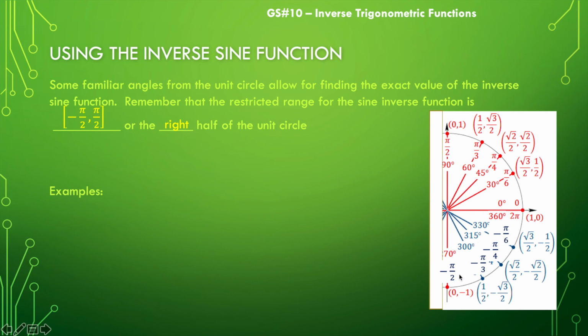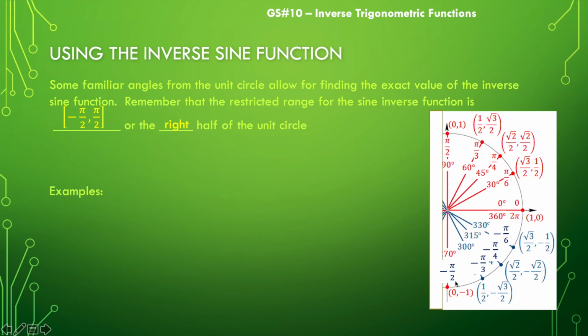Because normally we talk about this as 3 pi over 2 and 5 pi over 3 and 7 pi over 4 and 11 pi over 6. But with our restricted range of this sine inverse function being negative pi over 2 to pi over 2, we're going to call these angles by their proper names for this